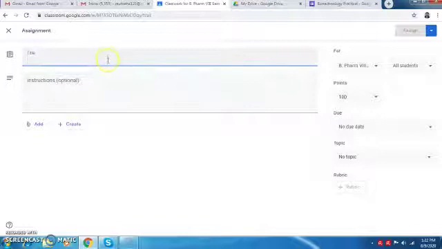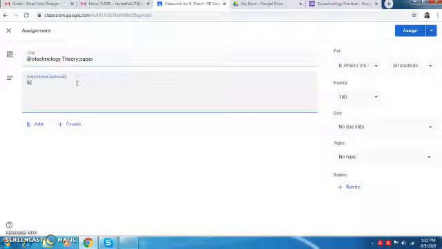After clicking on it, you have to enter the title, as it is biotechnology theory paper. So I have added here biotechnology theory paper.